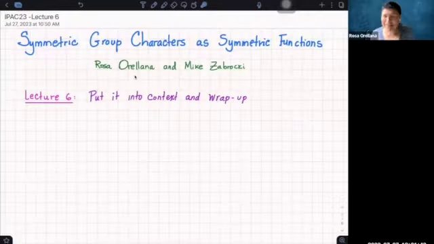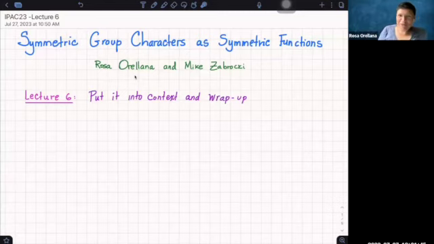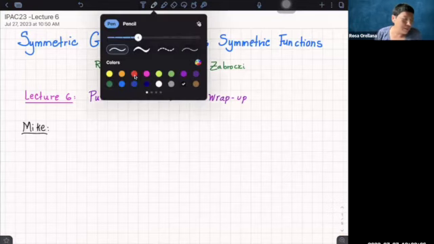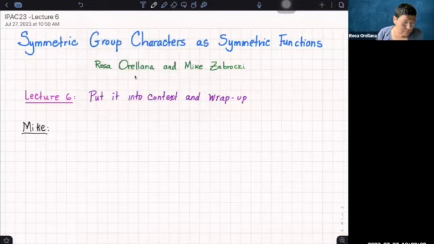Okay. All right. So I want to start where Mike stopped. So Mike, on Tuesday, was telling us the application, right? Because so far we have defined these symmetric functions that evaluate at characters of the symmetric group. But I guess the most beautiful thing to me is the combinatorics that has been introduced. So Mike told us that there is a unified